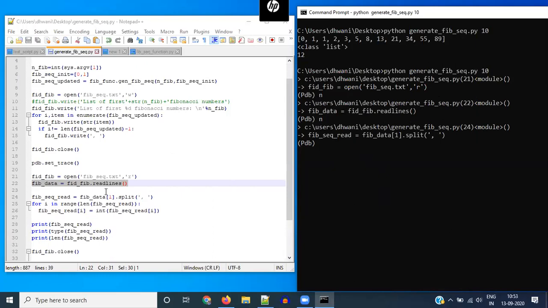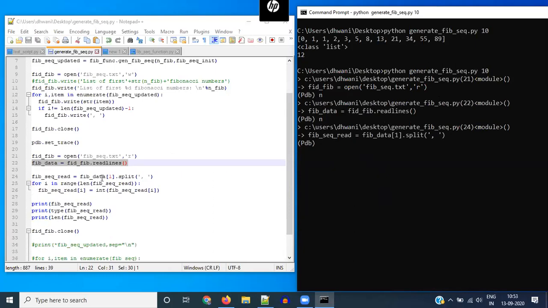Maybe you're having some trouble with your code and you don't know what exactly is going wrong, and you want to inspect some variable somewhere in between. For example, when we read from this text file, earlier we didn't know in what format it had been read. So we ended up printing all these statements: print the variable, print its type, print its length, and so on. But if we had put a breakpoint instead, we could have done all of this interactively in one go.